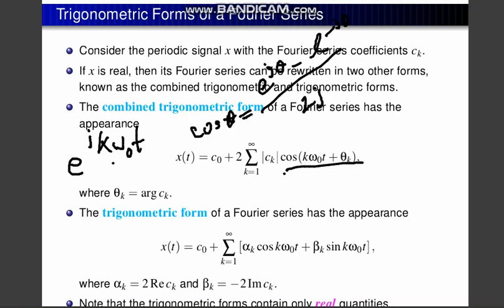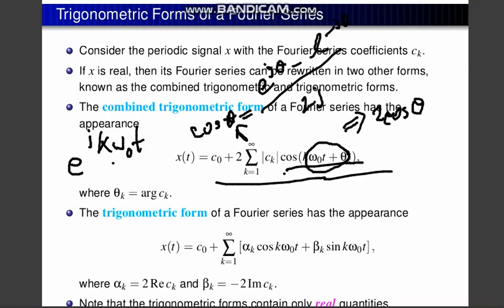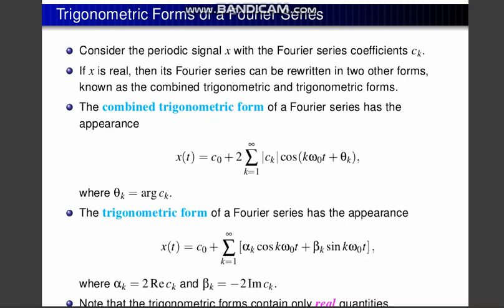Now if you want to find k omega naught t plus theta k, you put this part in here and calculate from there. First of all, that will be 2 cos theta, and the calculation will be e to the power j theta. If you take e to the power j theta as a common factor, then you find e to the power minus 2j theta. Then after calculating everything, you will find this, and that is the function xt.